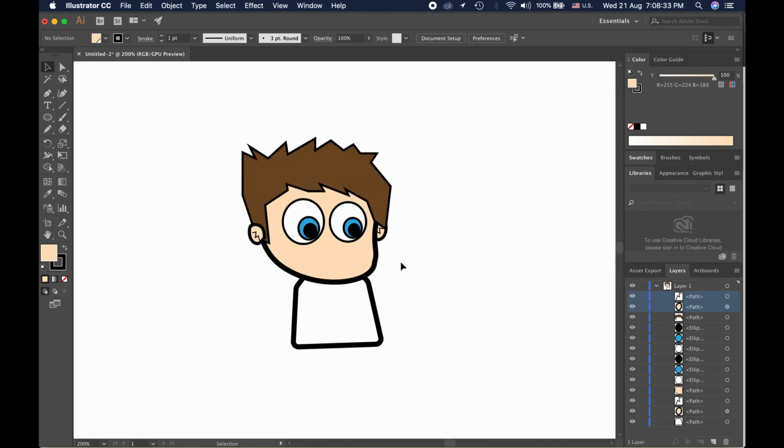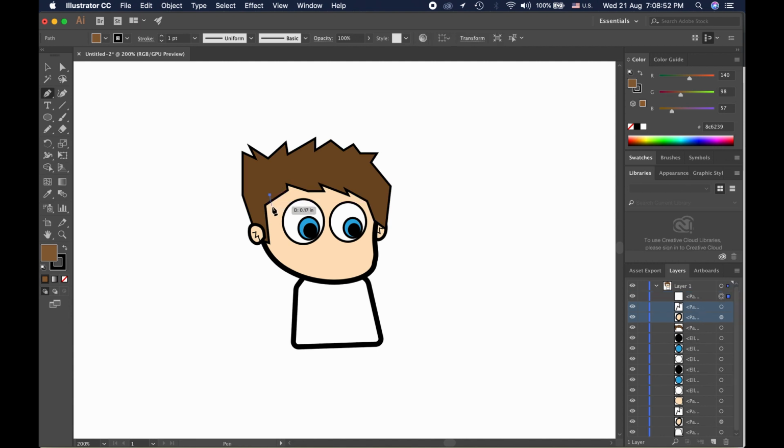So zoom out just to see the character. It's coming out fine. When we add the mouth and a bit of shading, the body, I think it's going to come out good. So we're gonna go for the mouth